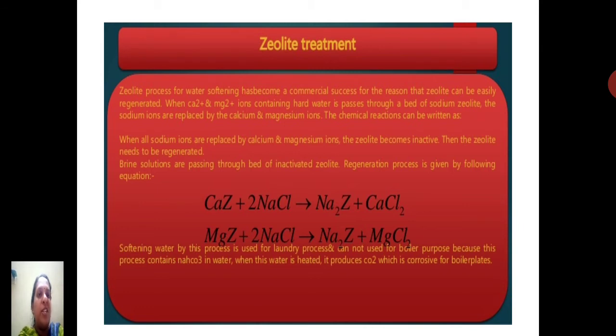The regeneration equation is shown here. Calcium zeolite, when it reacts with sodium chloride, forms sodium zeolite, that is, it gets regenerated, and calcium chloride is formed. Similarly, magnesium zeolite reacts with sodium chloride to form sodium zeolite as well as magnesium